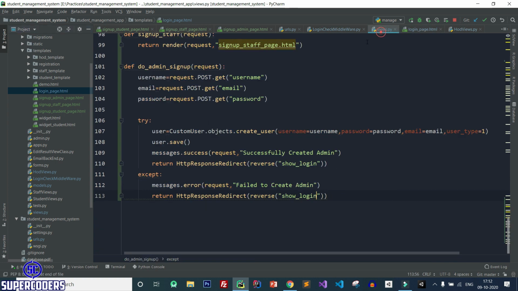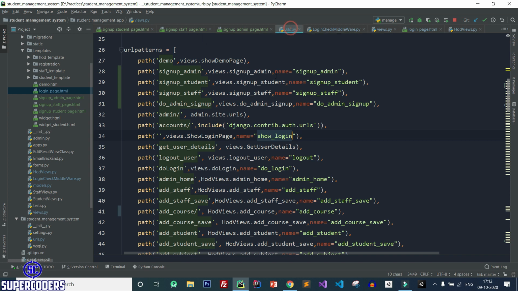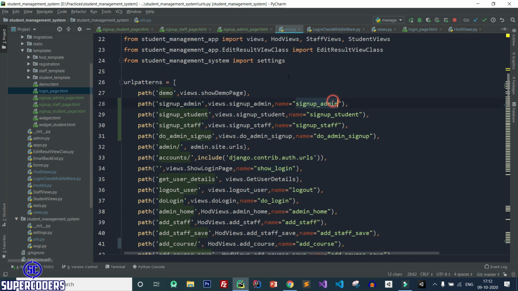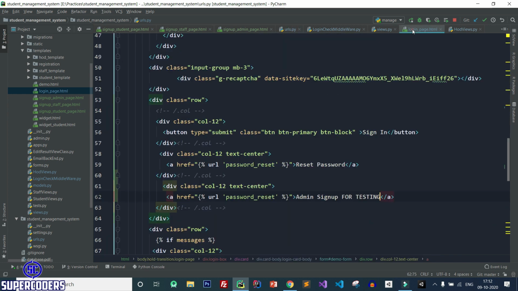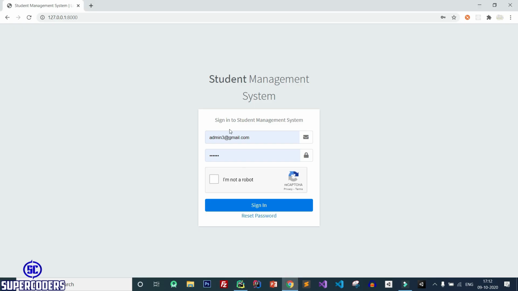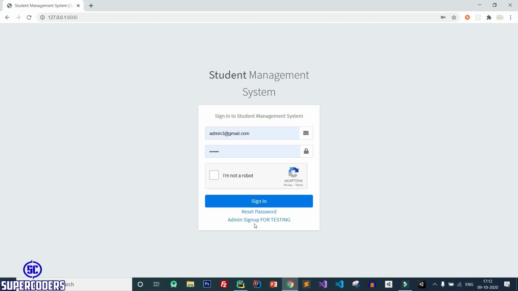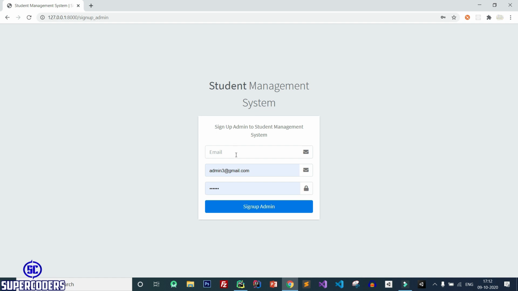So again copy the URL name, and paste it here. Now save it, back to Chrome, refresh page, and you can see admin sign up for testing. Click on it.